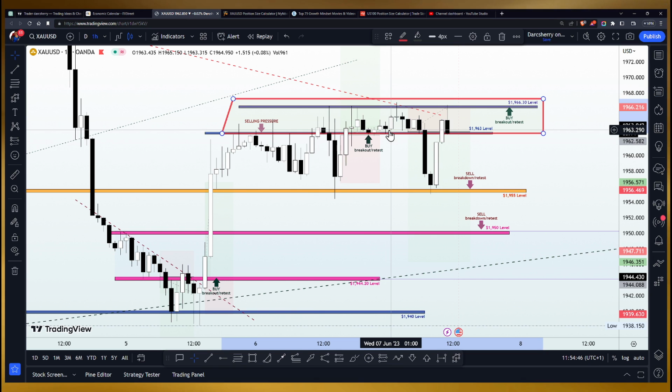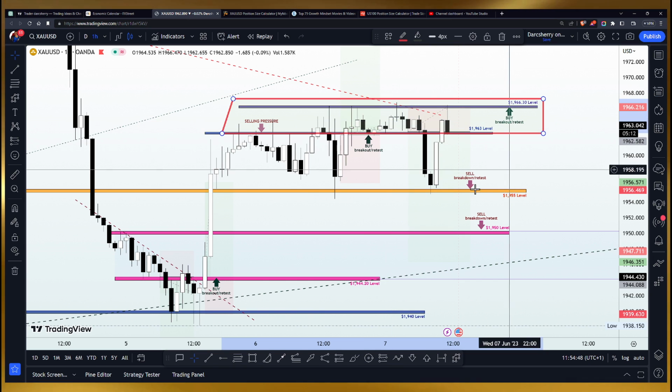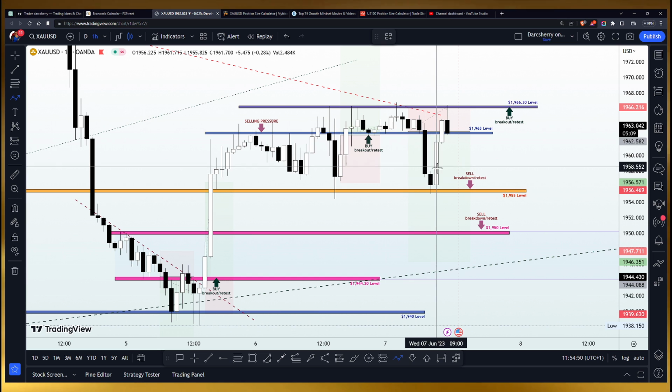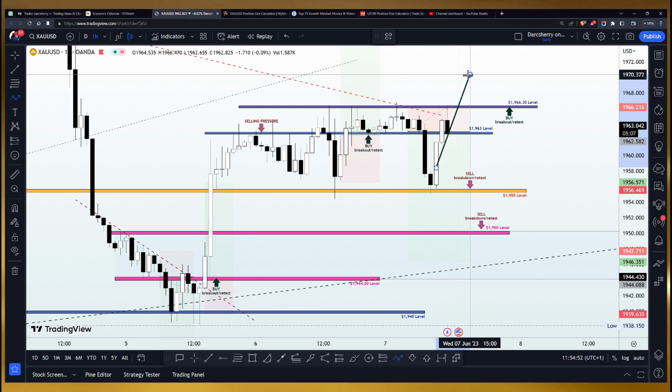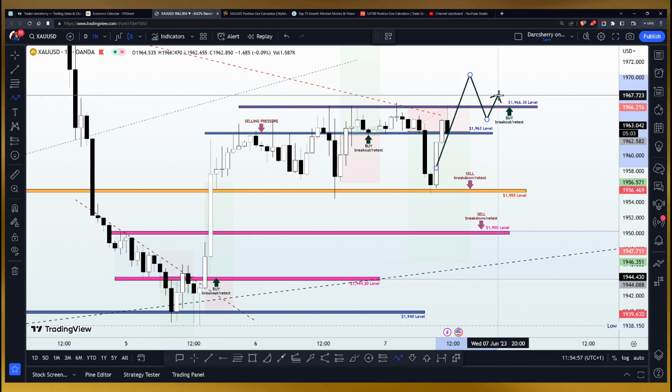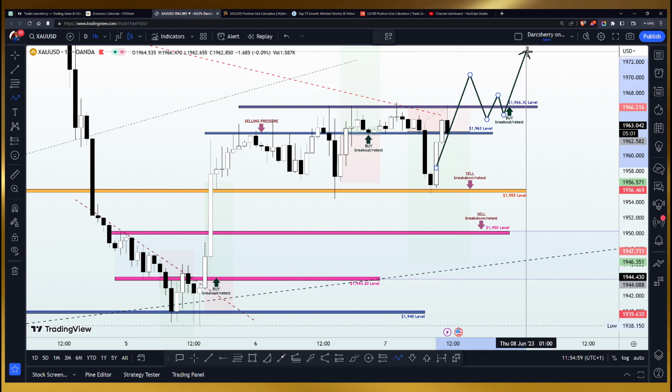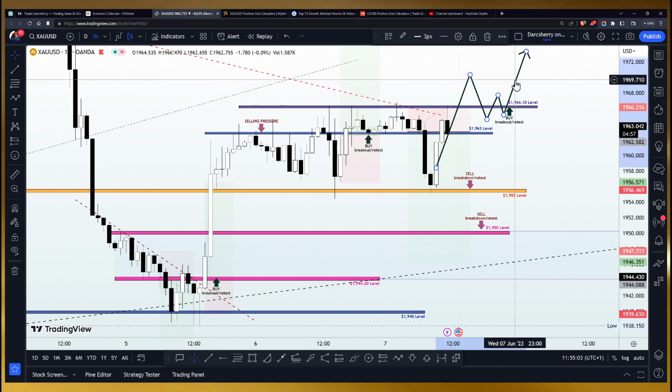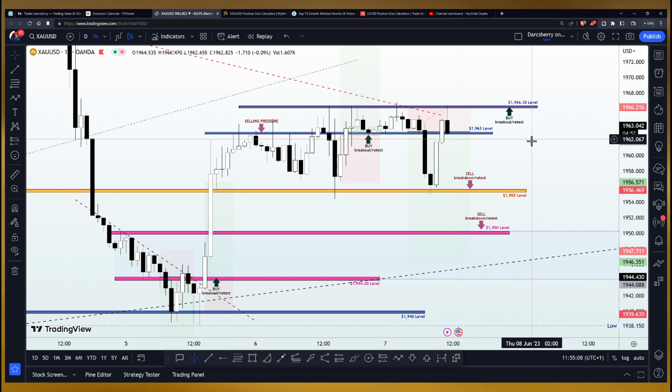So if we are going to be buying, then we want to see price action take out all the sell positions around this area and give us some liquidity, which would reflect on the chart as a retest of structure to incite another wave of bullish momentum. So that is how we are going to be buying the XAUUSD today.